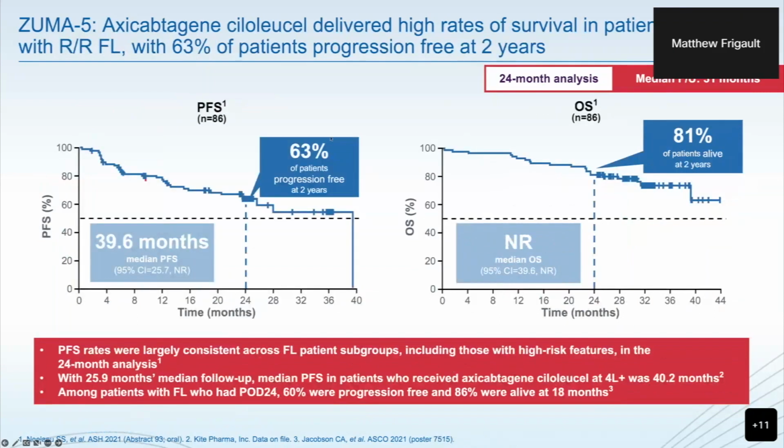Now, looking at the overall population here, we saw high rates of overall survival in these groups, with 63% of patients progression-free as of 2 years. Again, this is with 31 months of overall follow-up. So the PFS here was largely consistent across all follicular lymphoma subgroups. And then again, at 25.9 months median follow-up, the median PFS in patients who received Axicabtagene, fourth line or later,